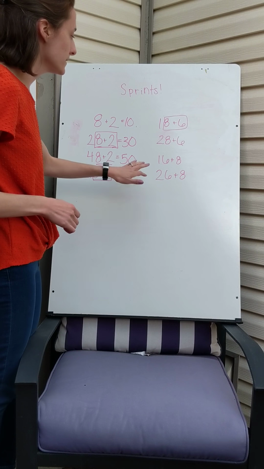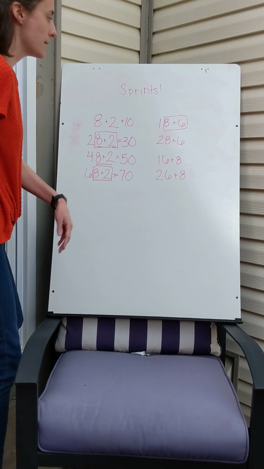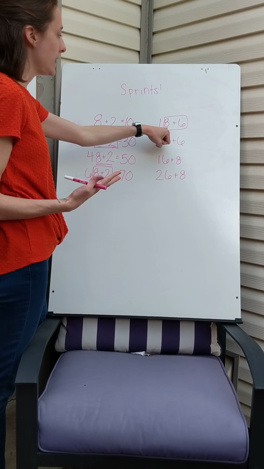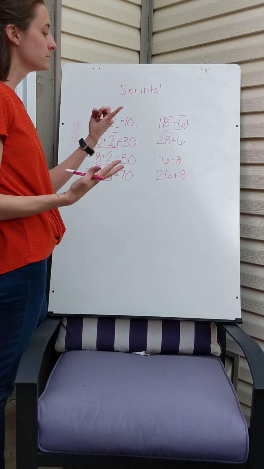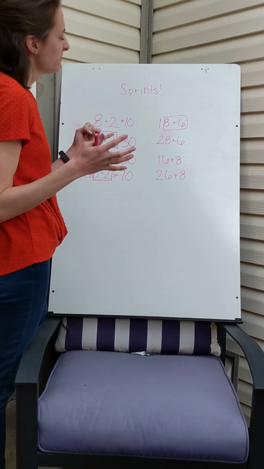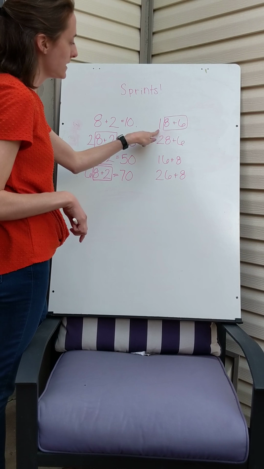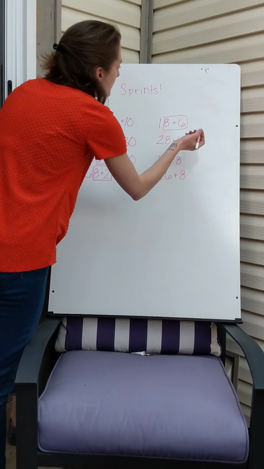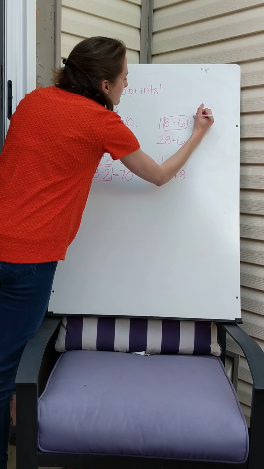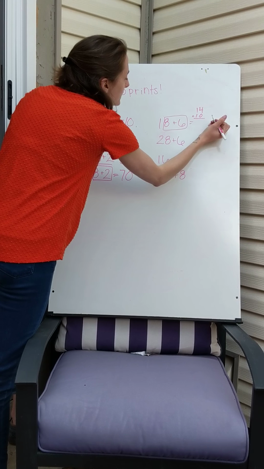Okay, when I'm looking over here, I'm going to look at my 1's and think about what those make. These are a little bit more challenging. So you have the option of starting with 8 in your head and counting on 6 on your fingers. So 8 1's plus 6 1's. 8, 9, 10, 11, 12, 13, 14. Okay, so I know that that makes 14 and I already have 1 10. So if I'm thinking of the number 14 plus 1 more 10, that makes